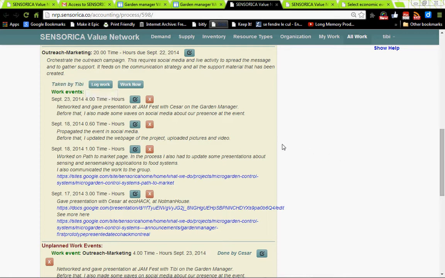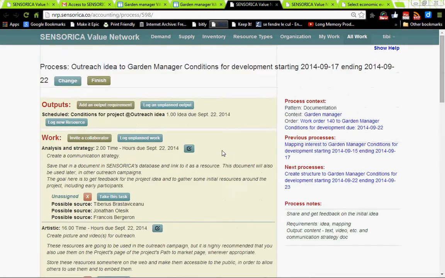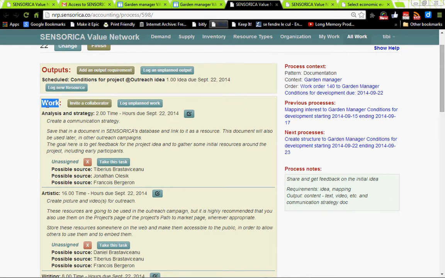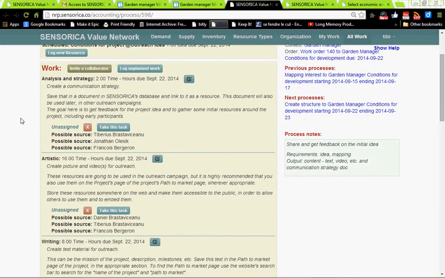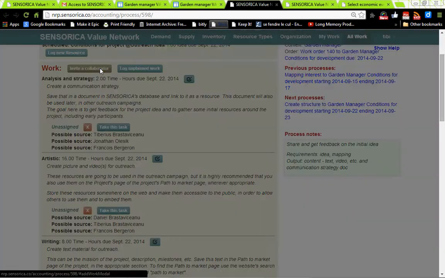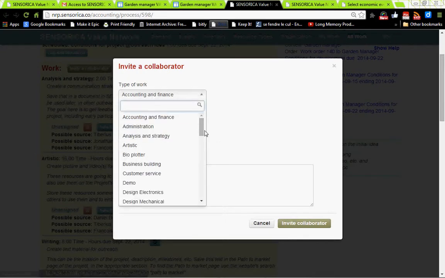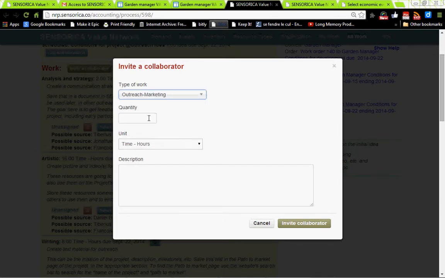and this is within a full kind of work order that I created for myself. Okay, you can lump contributions together into a series of activities, and I'll show you how to do that right now. So let's say you do some new work within this context of outreach the product idea, which is going out there and trying to find people that might help with the project. So you go to the work section, and if you do the job yourself, you can create an activity for you. So let's say you create an activity about outreach and marketing,